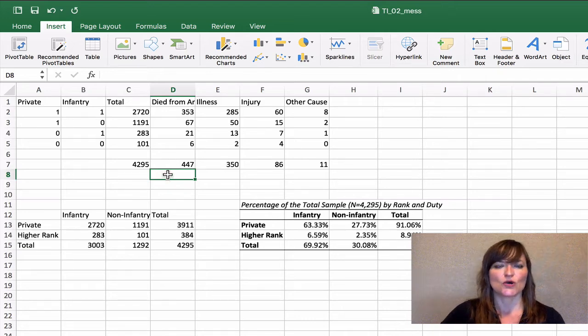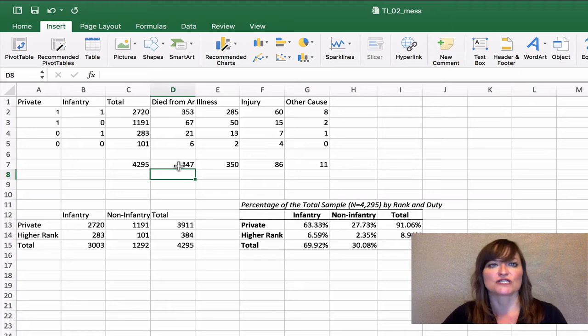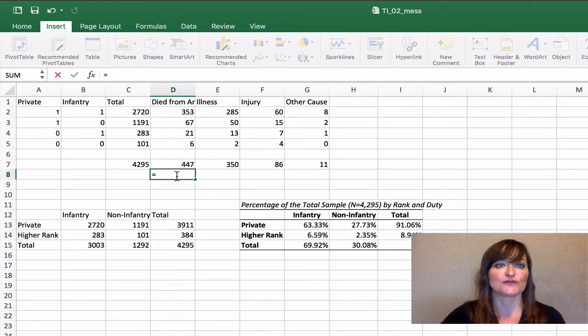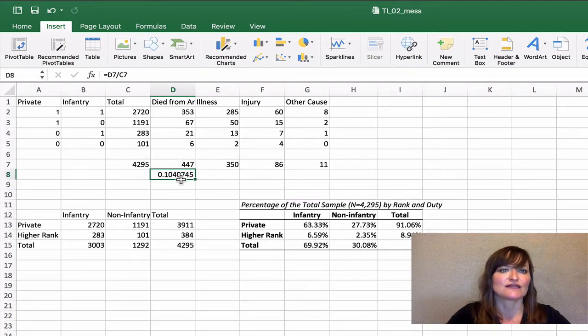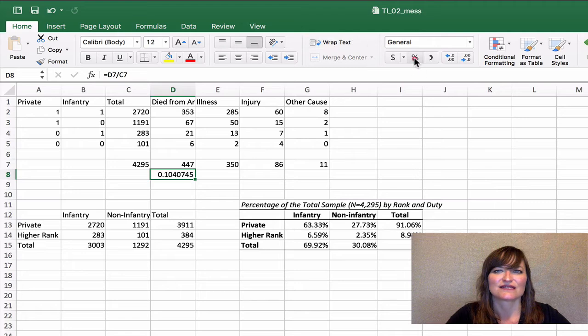So we want to know of the total group, what proportion died at all. The formula for that's going to be equals died at all divided by total group. You want a percentage? You've calculated a decimal, but that's all right. Excel's got a hot button for that. So we can see that just over 10% of the soldiers died in all.